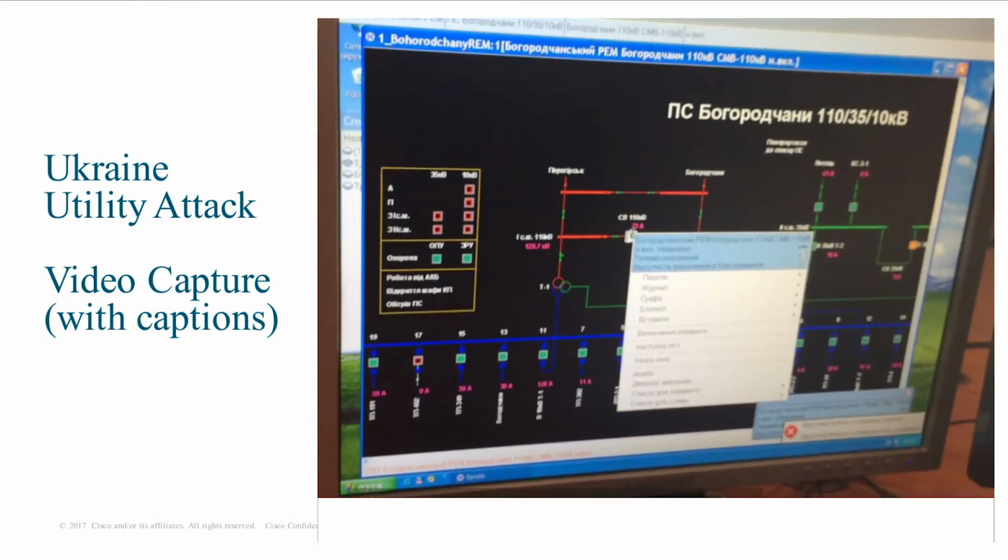So let's talk first about one of these examples, of course in a utility context, about boundaries and boundary issues that might arise. No doubt most of you are aware of what happened in the first Ukrainian utility attack. This is actually a video that was captured. You can go to wired.com, by the way, and actually watch this video. It's pretty entertaining. So the first boundary I focus on is, in some respects, a generational boundary.